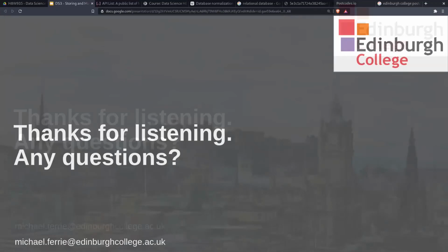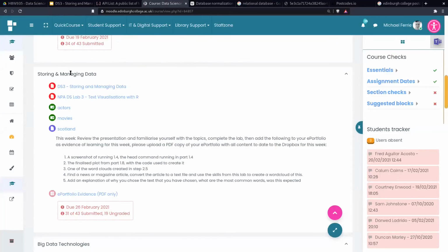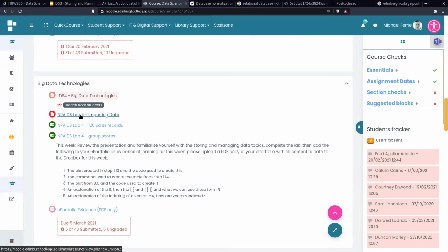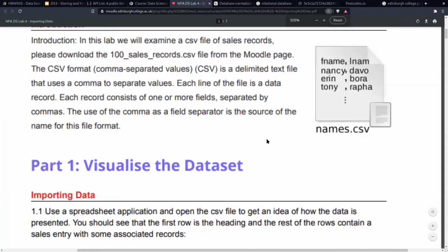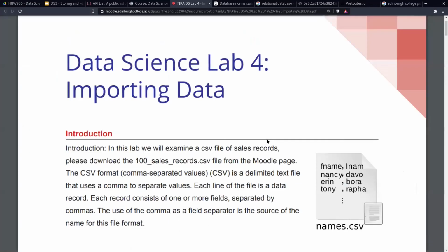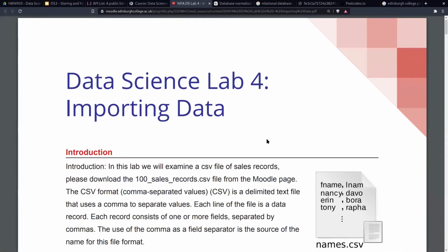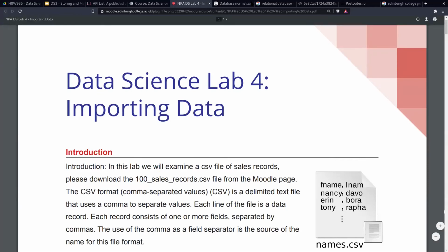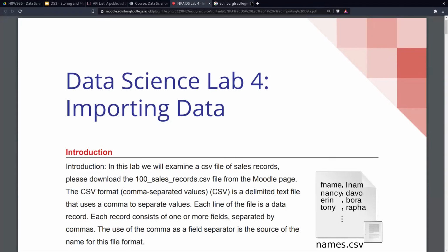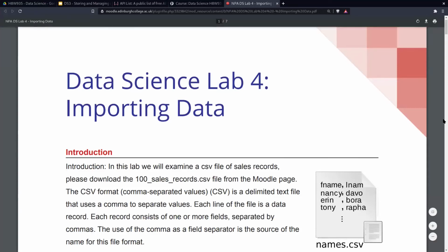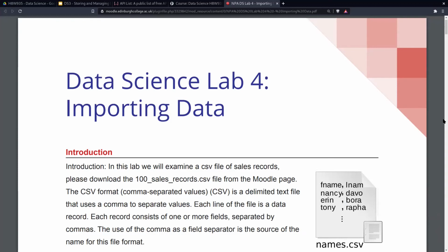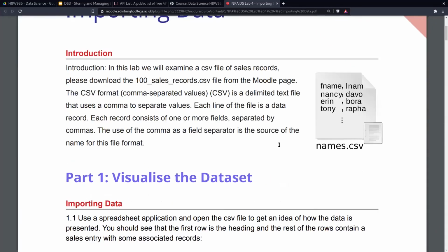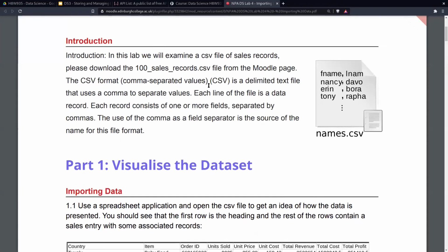Now, I'm just going to open up the lab for today, lab 4. So let's open this and talk about this now. So let's just get this to the right kind of level of zoom. And let's maybe shut down some of these other things here. Okay, lab 4 is about importing data. So what we're going to do is take data that's in a CSV file, which is a